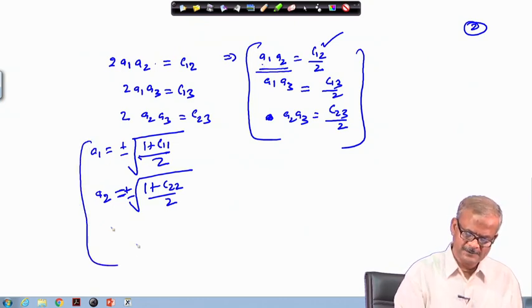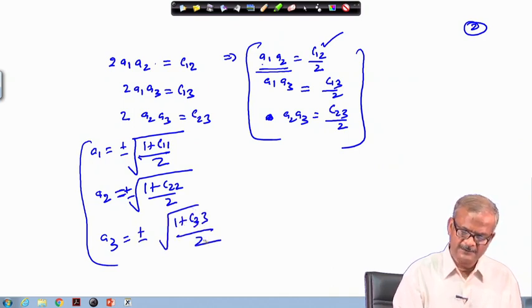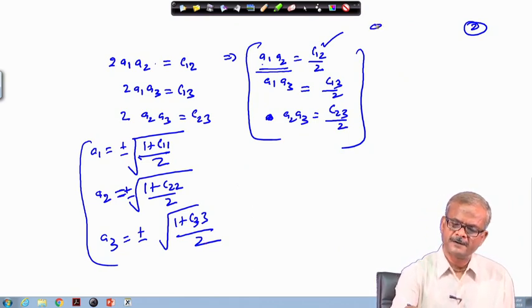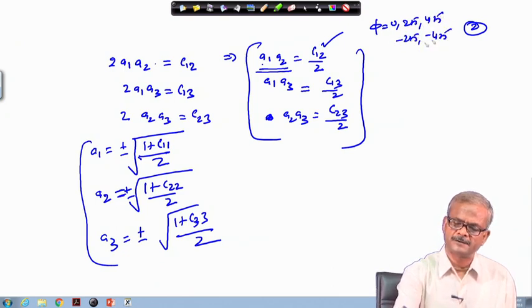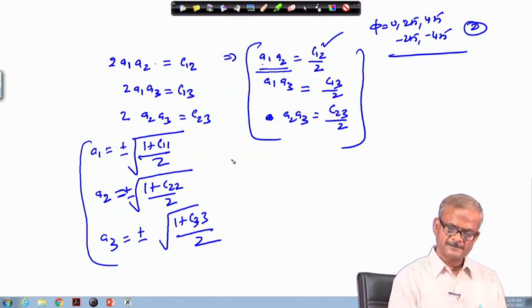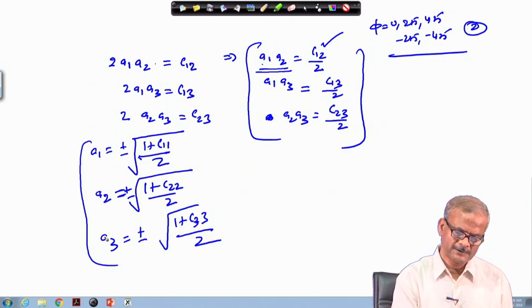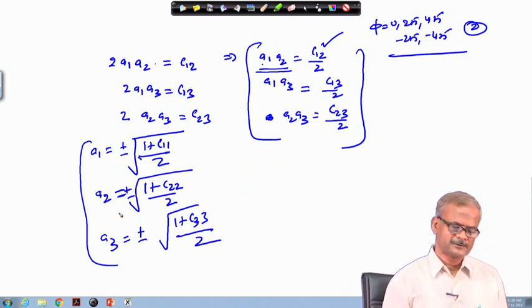So, using this we will be able to resolve this ambiguity, at least here in this case, and therefore, it is not as problematic as the case with phi equal to 0, 2 pi, 4 pi or minus 2 pi, minus 4 pi, etcetera. So, this case is ambiguous, but this ambiguity can be resolved, and therefore, A 1, A 2, A 3 and the phi can be decided how much it is.